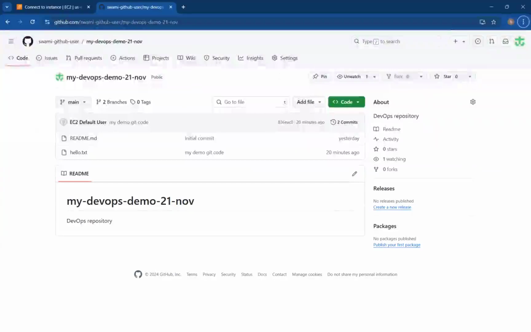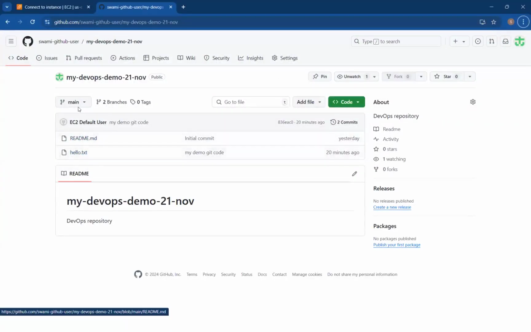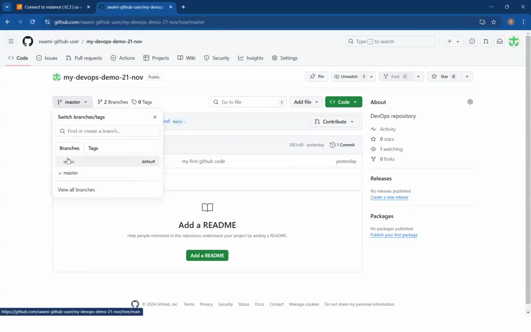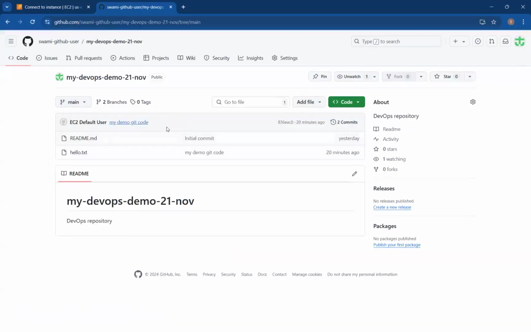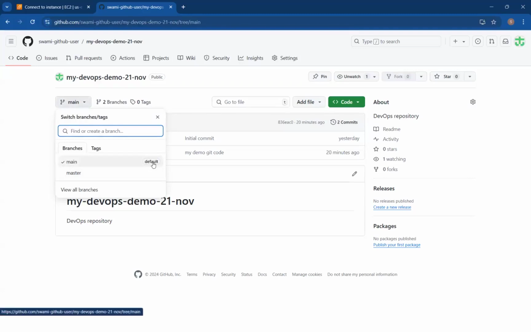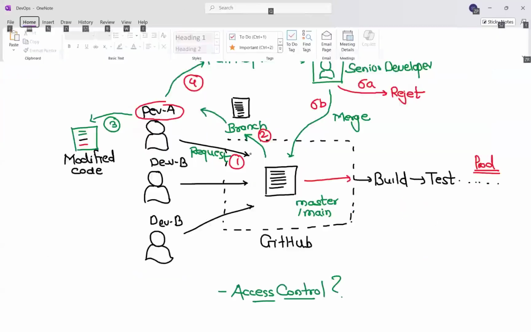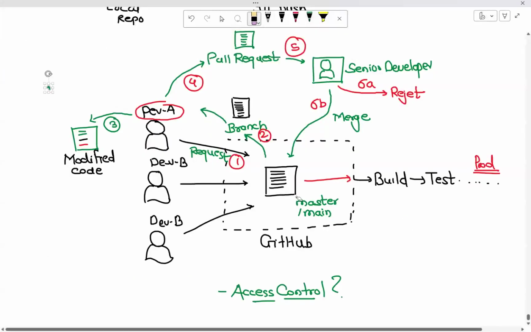For example, if I go here, you see this code that we have sent. It has been sent onto the main branch that we have. We have a README file there. Yesterday, I believe we had a master branch as well where we had put that index.html file. But right now we have a main branch that we are going with, where we are carrying the code. This is a default branch, by the way. In GitHub, we refer to it as the main branch, so don't get confused.